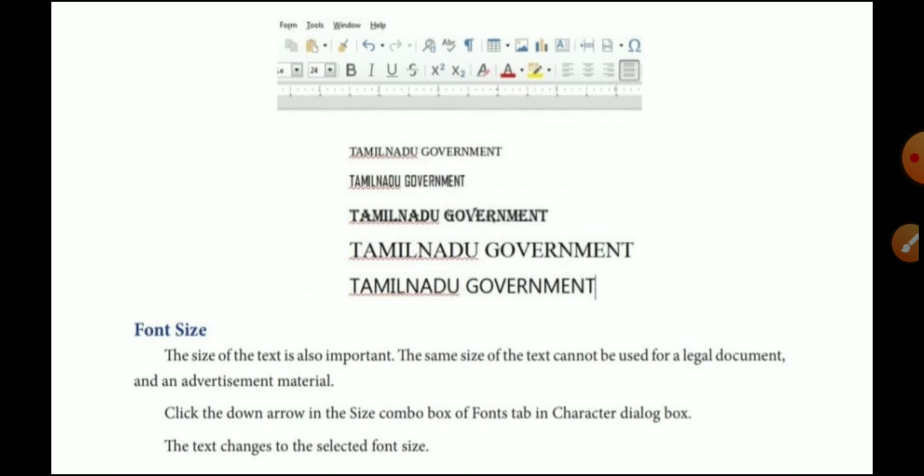In this diagram you can see the difference: the first line, Tamil Nadu government, is a little bit small, and the next Tamil Nadu government is a little bit bigger. Next text, and next text, and the last one. See them one by one. The size is differentiated from here. You have to select and change your font size.